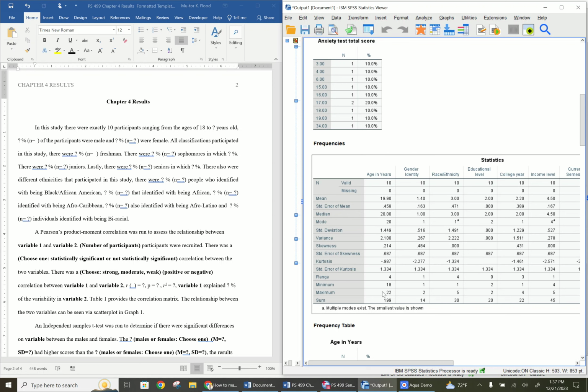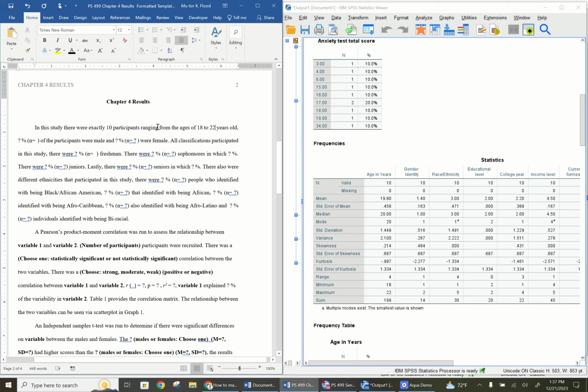All right. And so let's put that in here. So from 18, and we're going to erase this question mark and put 22. All right. And then it says, question mark percentage, and then the actual number of people who were male, and then the same for who were female. All right. So in order to find that,